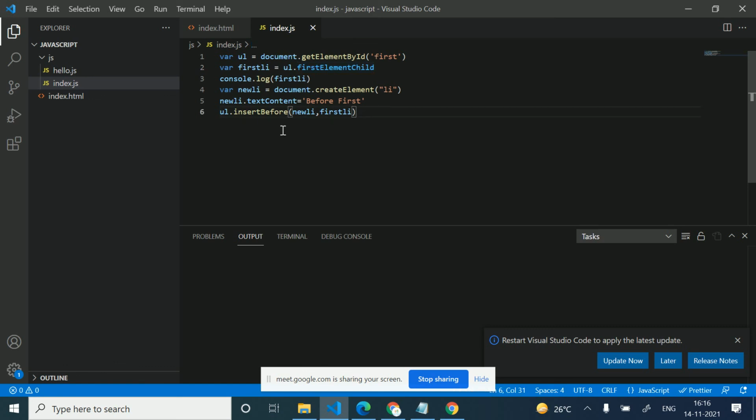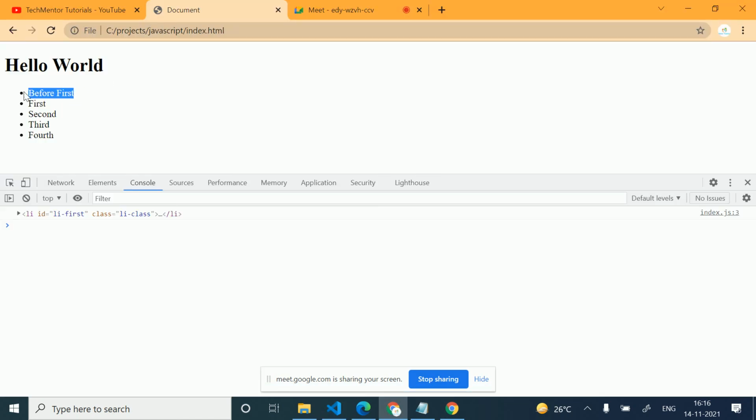So this is the function to insert before an element. We have inserted here before first, and what was the first element is now the second element.